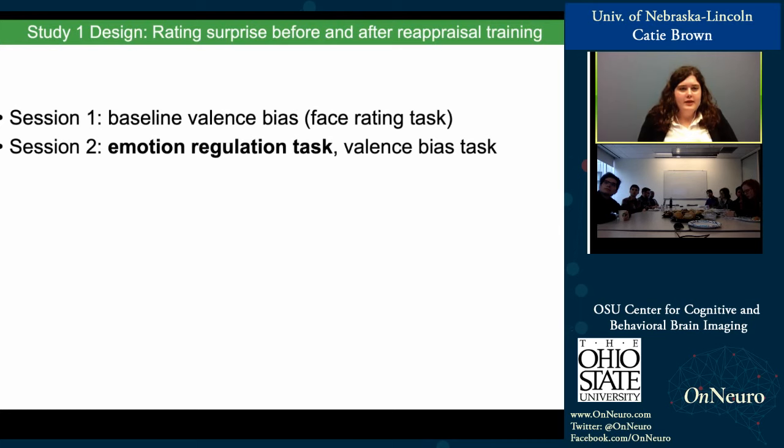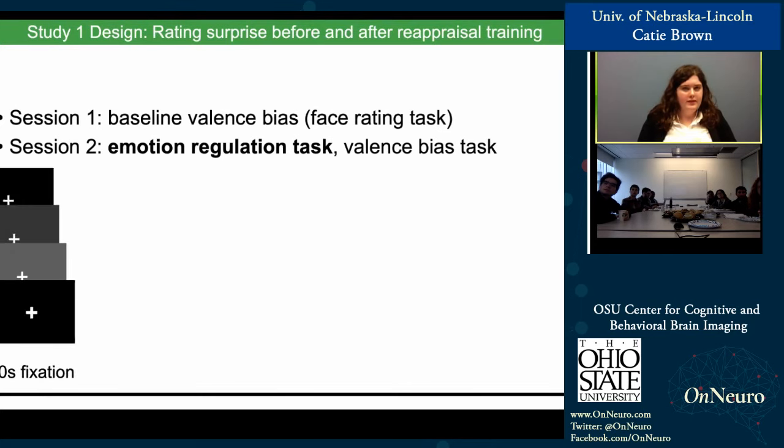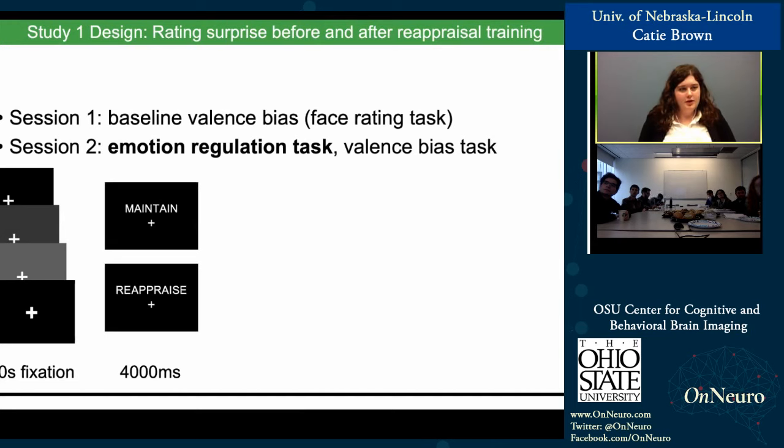So during the emotion regulation task, participants were shown negative images and instructed to either maintain their initial emotional responses or to reappraise and transform them to bring about positive emotions. So step by step, they would see a long fixation to help clear their mind. Then they would see the instruction telling them whether, for the next block, they should maintain their initial reactions or if